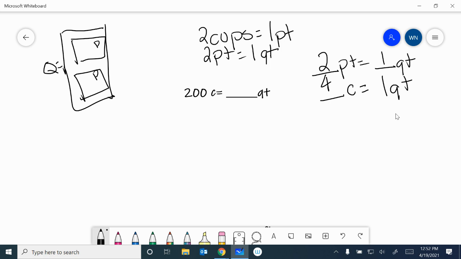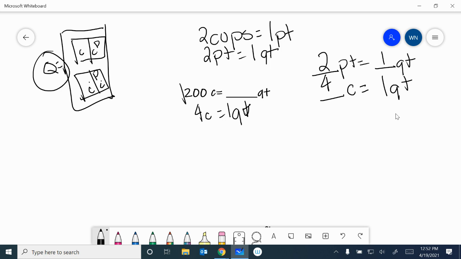Inside those 2 pints, each one of those pints is 2 cups. So since each pint equals 2 cups, there's 1, 2, 3, 4 cups in the whole quart. So 4 cups to a quart. Now that I know that there are 4 cups in every quart, I can figure out that I need a